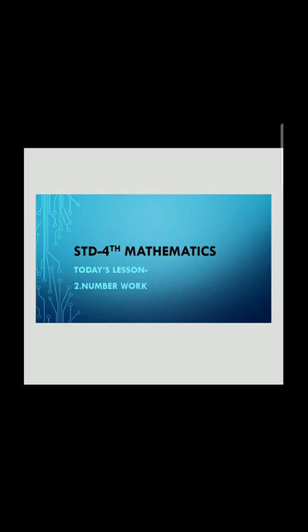Now tell me students, which are the parts of circle? Okay, now I am going to tell you. One is chord, second one is diameter, third one is the quarter part, fourth one is the center, and fifth one is radius. These are the parts of circle which you have learned in the last week. And triangle is having 3 sides and 3 corners. Square is having 4 sides and 4 corners. And also rectangle is having 4 sides and 4 corners.